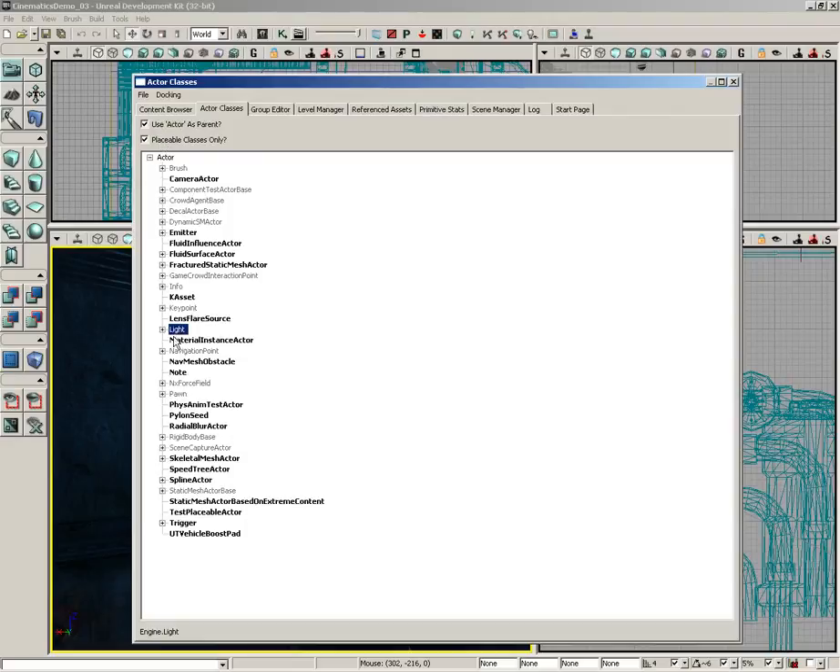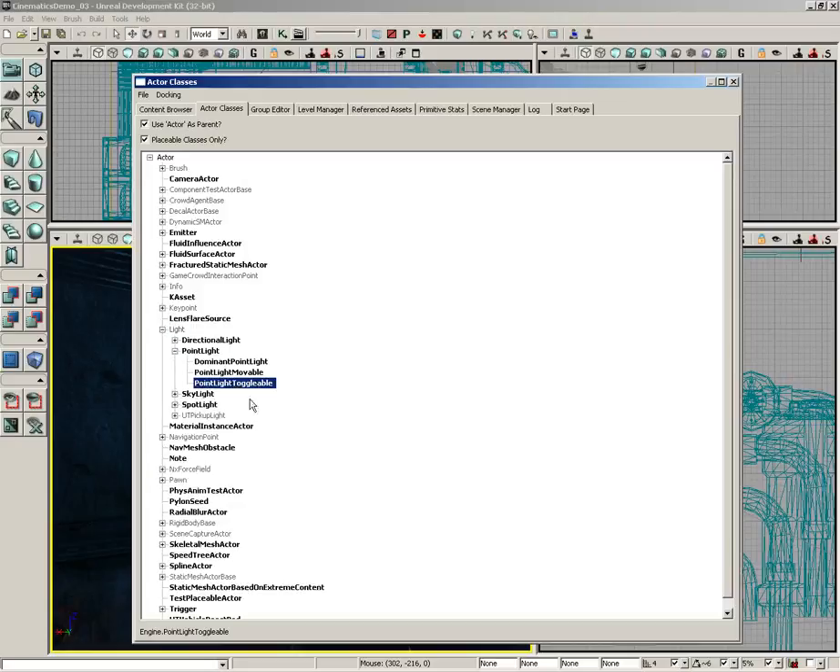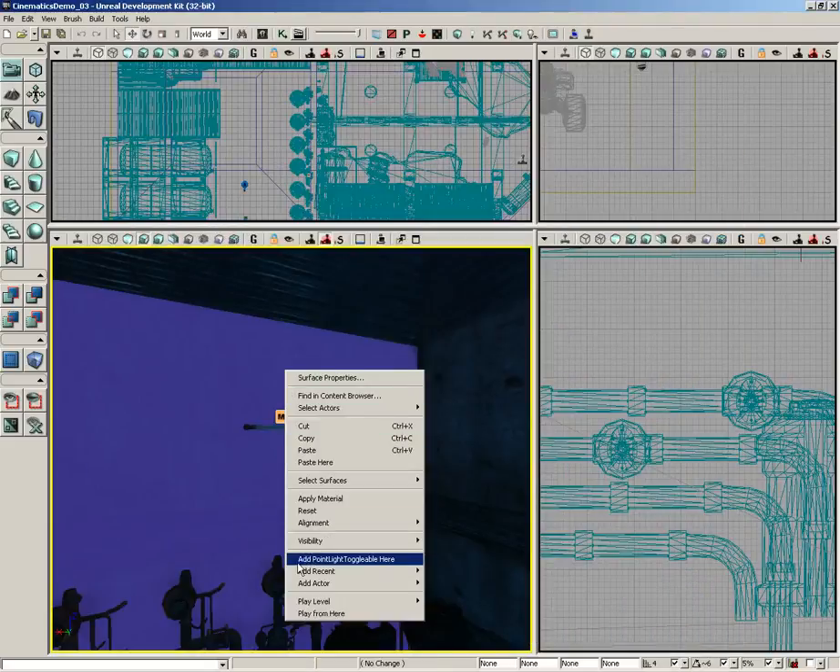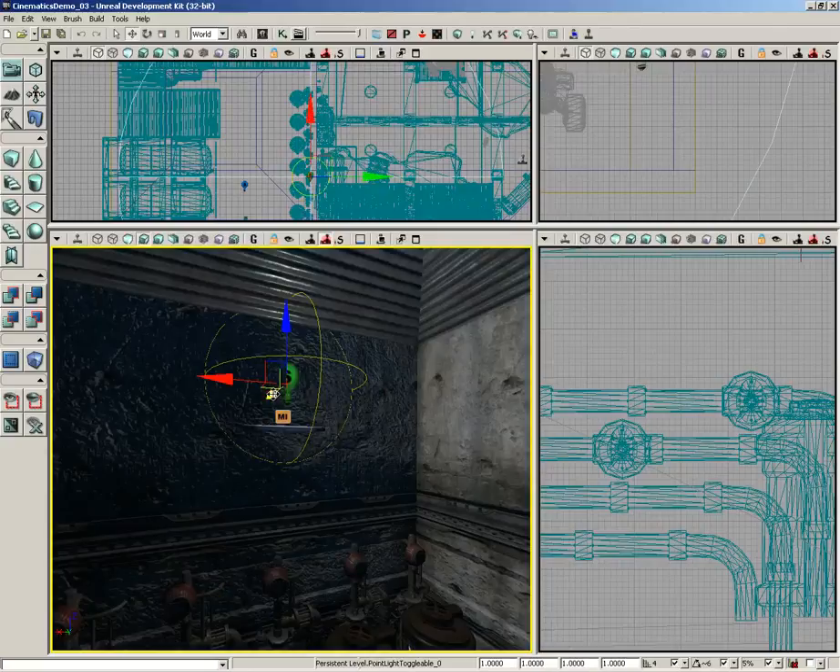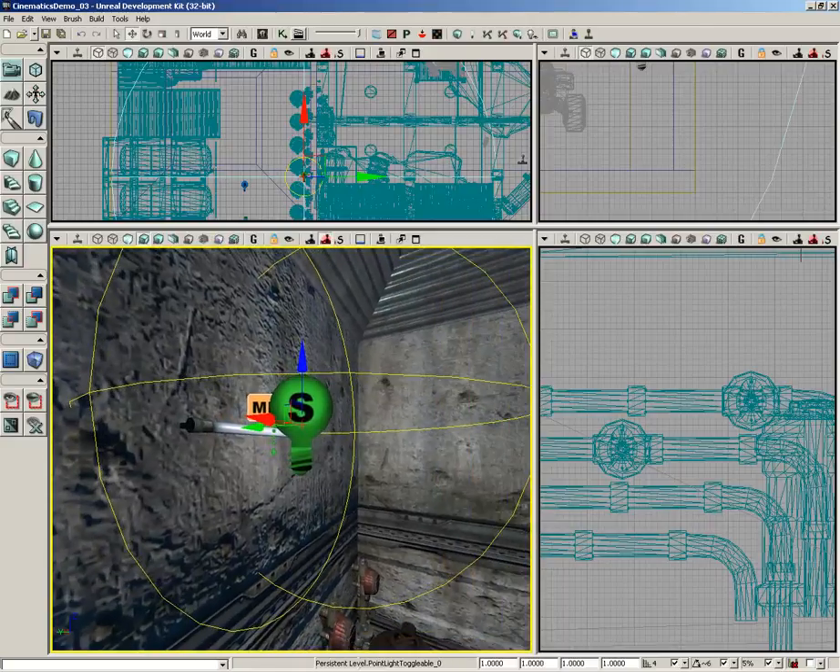You'll see the light group. Go ahead and expand that. Underneath you'll see point light. If you expand that, you'll see point light toggleable. Now with that selected, we can close out the Actor Classes browser, right-click on the wall, and choose Add Point Light Toggleable here. Now this is a dynamic actor, so we can change it so that it affects the actual